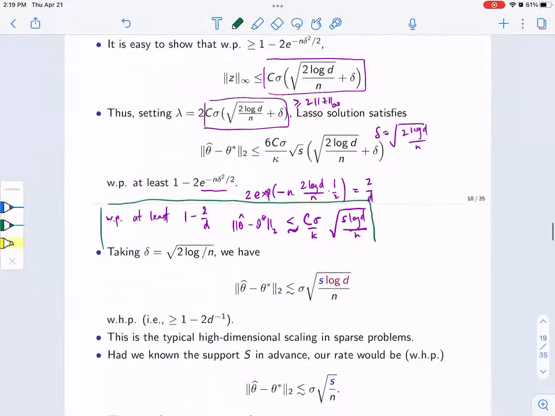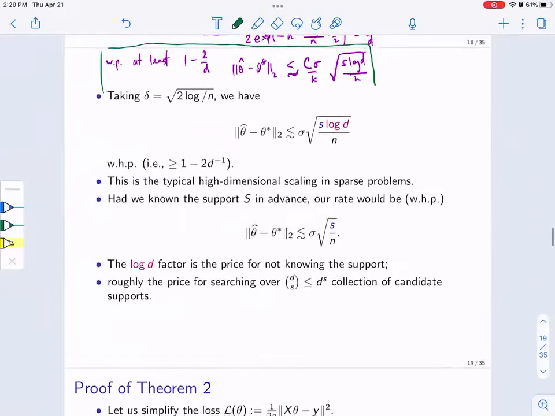So what you would get is that this guy would be roughly, I would say, Z tilde 2. This is basically X sub S transpose W over n. So define it to be, let's say, ZS. If I do regression on the known support, so I know the support in advance, then theta hat minus theta star would be roughly, the optimal would be like the OLS, so it would be roughly